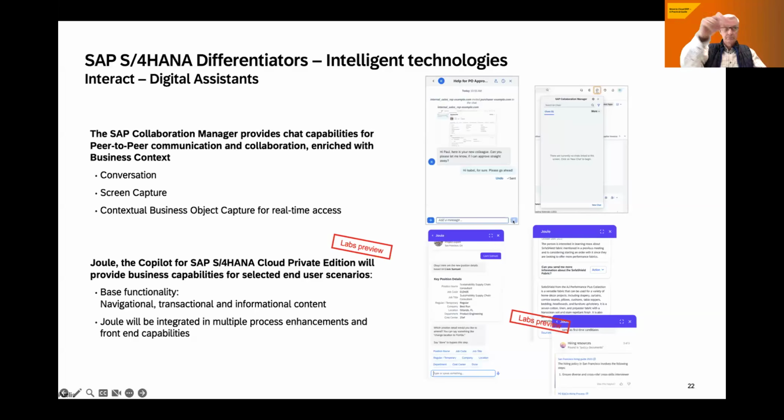Do I walk around the corner to their office? Do I pick up the phone? Well, why not use the collaboration manager? Because what I can do is send a screenshot of this particular sales order that I want to get delivered today to my colleague in the distribution department. And this screenshot, which I'm sending over to that colleague, is not just a bitmap,